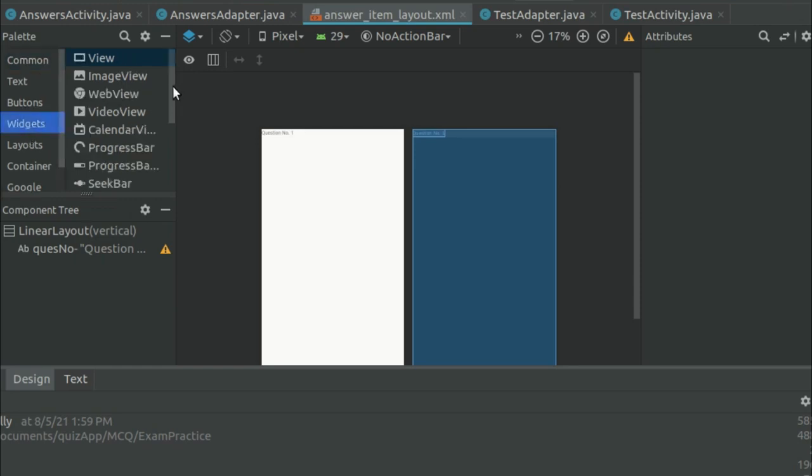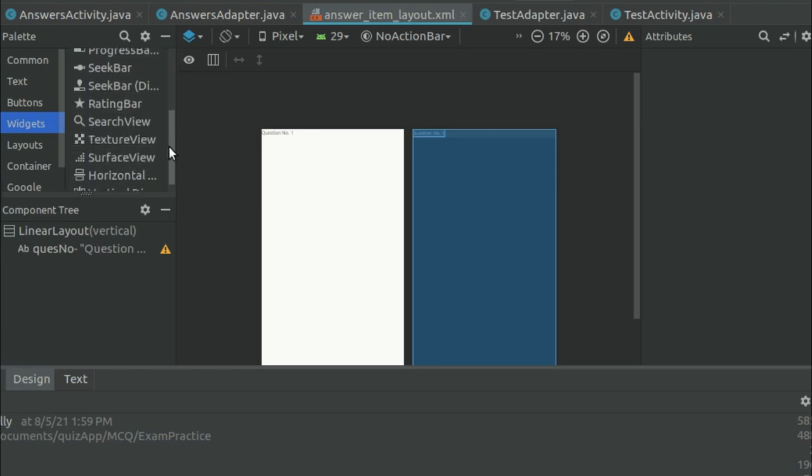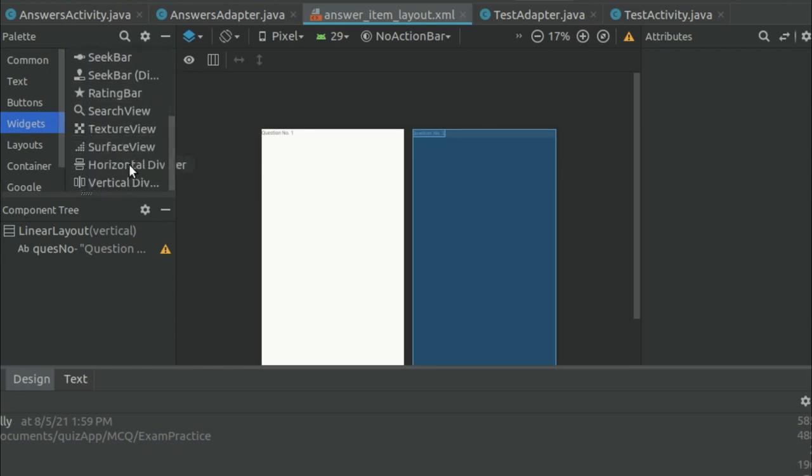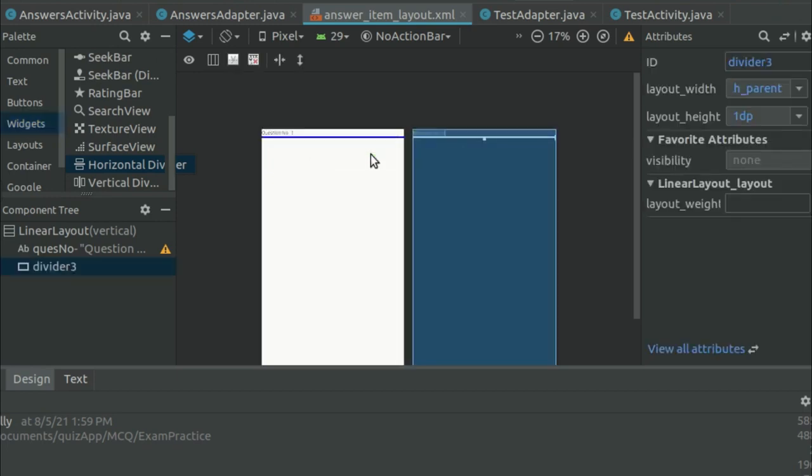So go to the widgets. Here we should have a horizontal divider, so paste this below this, and its height is 1 dp, width is